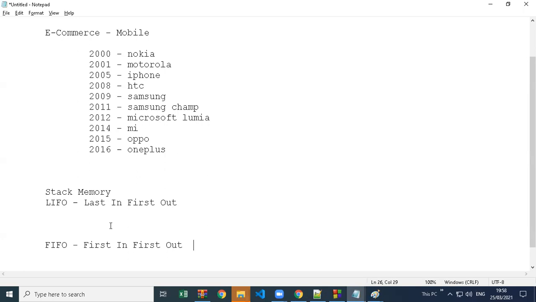Like if you buy something, no, there also in website we display in LIFO order. So if it's not a latest thing first, there are many things which are not latest, we don't display latest thing first, we just display the data in same order. So there we can use a FIFO, first in first out, and this is called as a queue memory. Like queue is nothing but a row line.